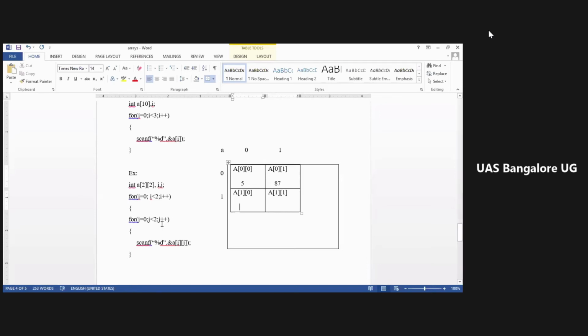The j value will become 2, because it was 1. We check: is 2 lesser than 2? 2 is not lesser than 2, but 2 is equal to 2.